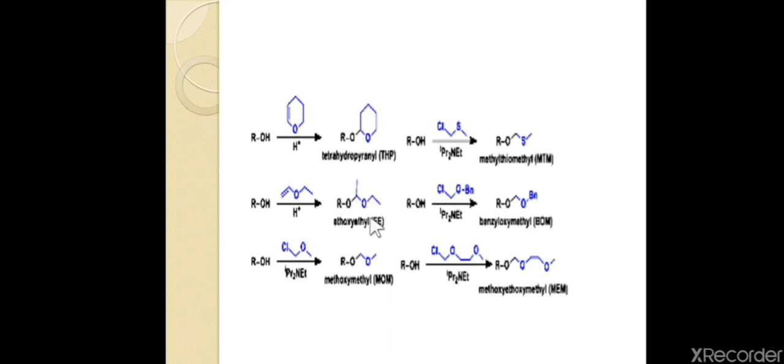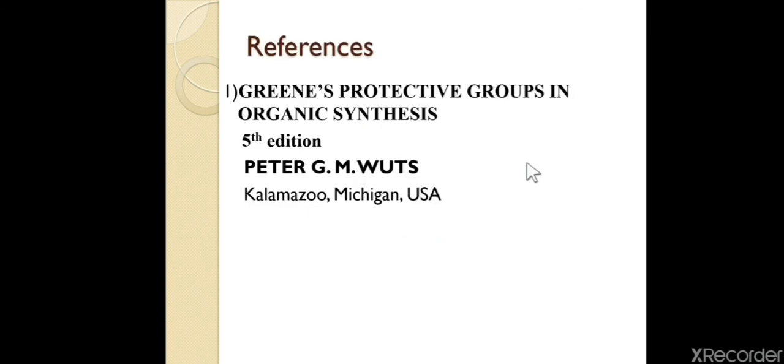So friends, in this lecture we covered THP protection, MEM protection, BOM protection. I will suggest you go for EE, that is ethoxyethyl, and methyl thiomethyl, that is MTM protection and deprotection. These two protection groups we haven't covered in this lecture. So this is for your homework. Go for ethoxyethyl and MTM, that is methyl thiomethyl, protection and deprotection. So all these functional group protection and deprotection I took it from